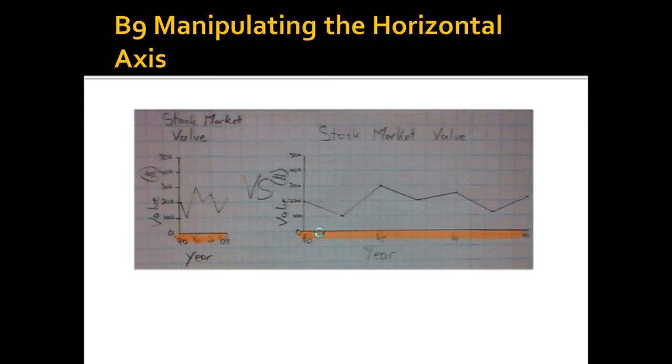Same kind of thing, but now on the horizontal axis. These two graphs are of the exact same data. One just has the data really close together, and the other takes the same data and stretches it out. It gives you a different feel for what's happening in the data. Once again, not illegal, but can be used to deceive you.